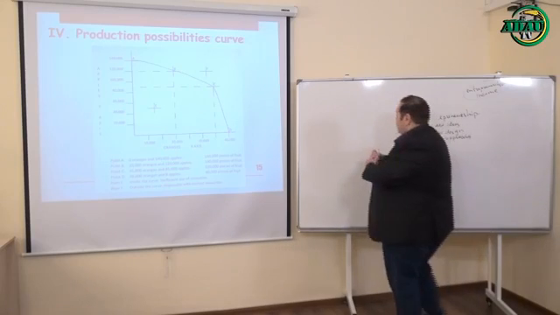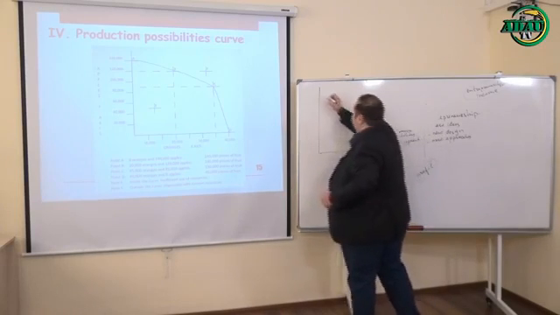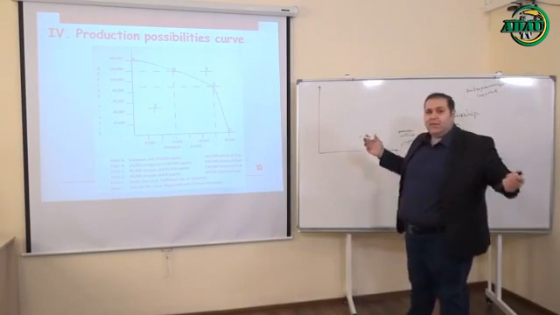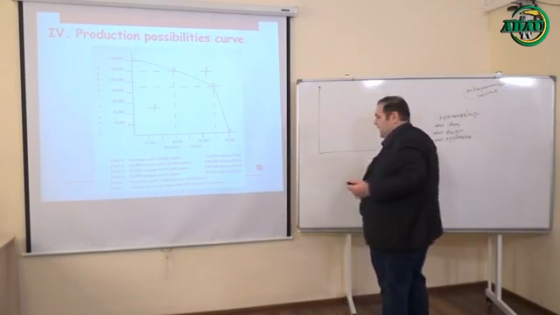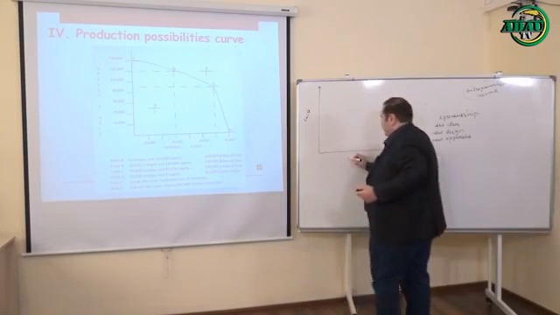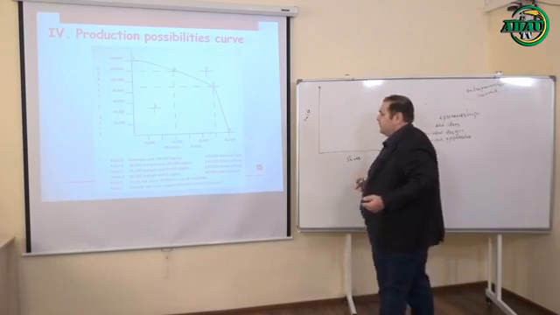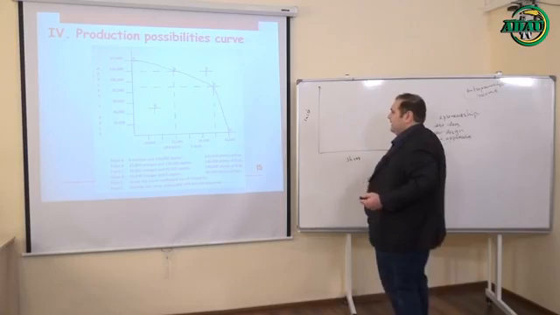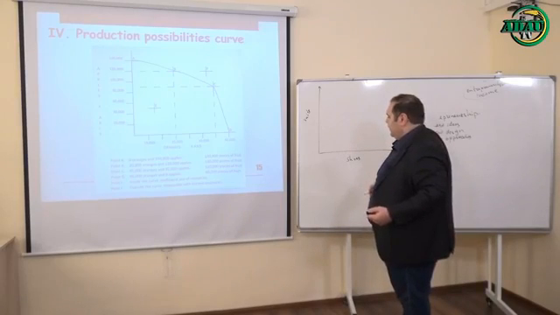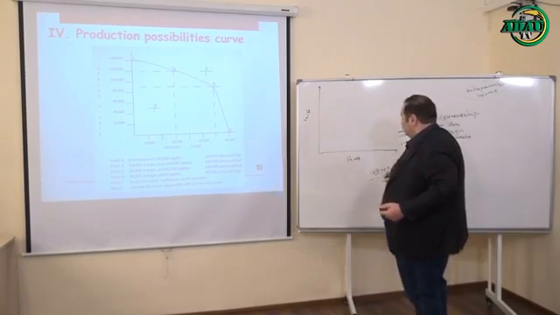Imagine that I want to make this graph here, for example with products like shoes and costumes, like suits. I write the suits here, and I write the shoes here. So I have limited resources. How much do I have? For example, 1,000 manat, 100,000 manat, and I want to distribute it.